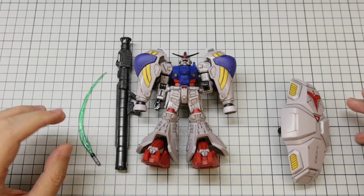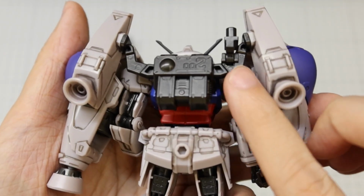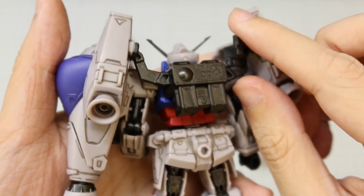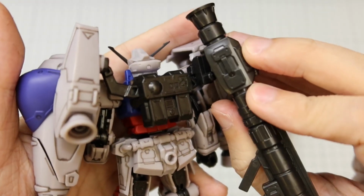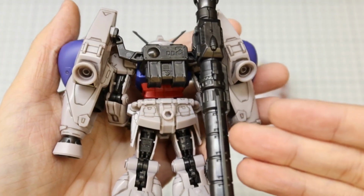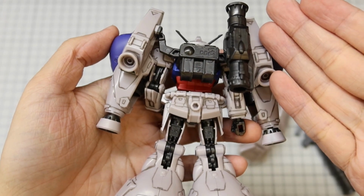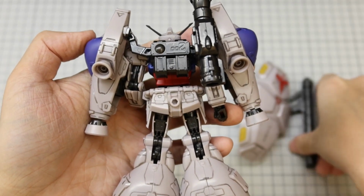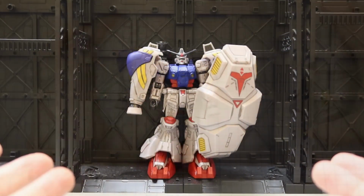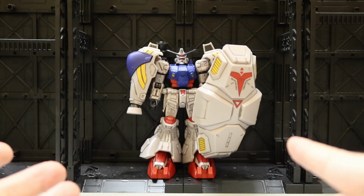Before I finish, let's talk about the atomic bazooka mount. It comes off the flexible thruster binder mount here, and it has a swivel on the peg, so you can actually peg the bazooka in the storage mode, like you usually see in most other forms or media, with the barrel off and stored in the shield. I just remembered I forgot to mention how I did not mention Gato or Anavel Gato,